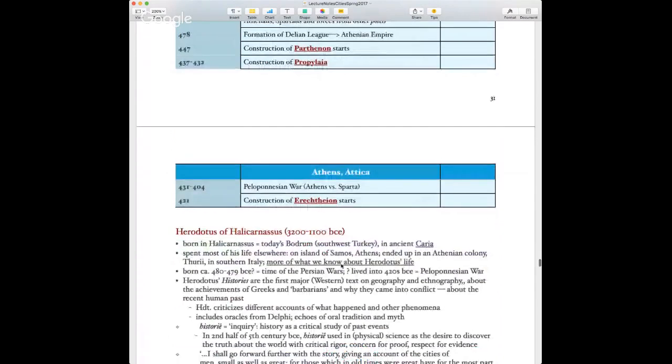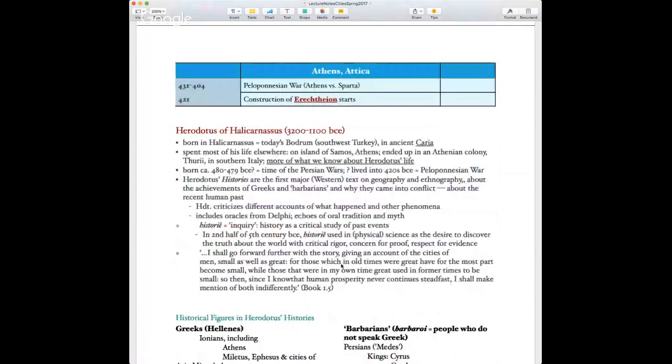But a couple words about Herodotus. Some of you have read Herodotus before in another class, even one of my classes. I'm going to fix that on the handout. Anyways, Herodotus of Halicarnassus. Herodotus is actually from what is modern-day southwestern Turkey, a city called Bodrum. He spent most of his life traveling around the Mediterranean. He possibly was a merchant. We don't know what Herodotus did, or why he wrote these accounts.